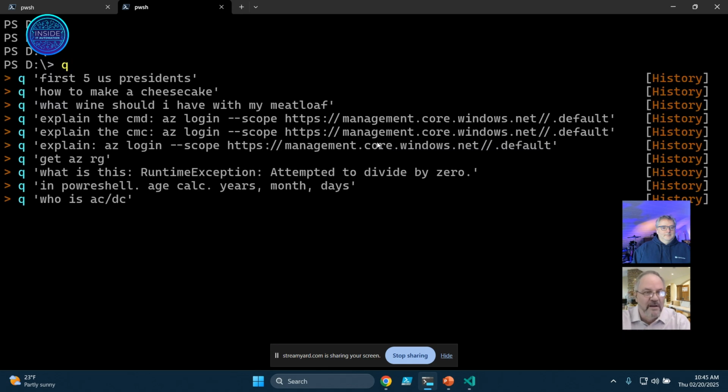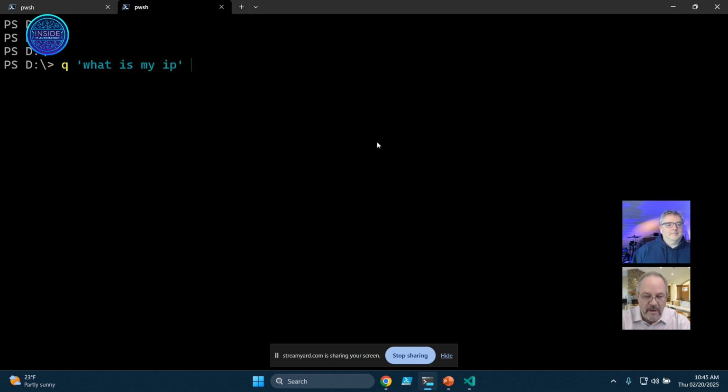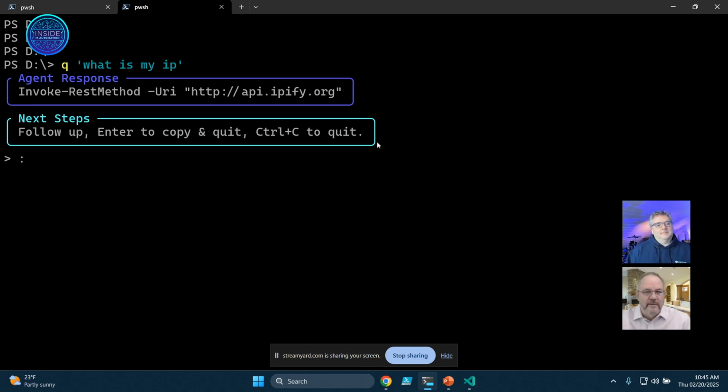The first abstraction is I can do something like Q, what is my IP? Let it spin up, and hopefully AI is going to be happy today and give you some visuals. The model I'm using is GPT-4o Mini for this. That can be changed. You type in your prompt. We have the model and the prompt, and the context is nothing. I'm doing what they call a zero-shot prompt. That's going to be the context and the prompt. It came back quickly and said, here's how you can do that. Then I give you an option for next steps. You can type a follow-up.